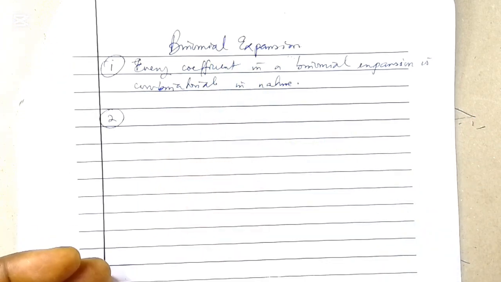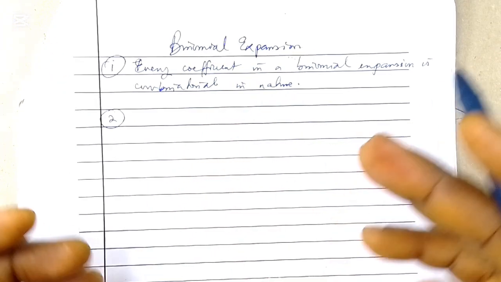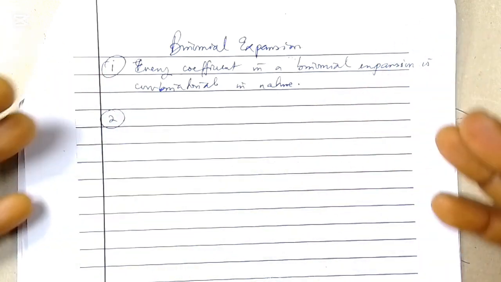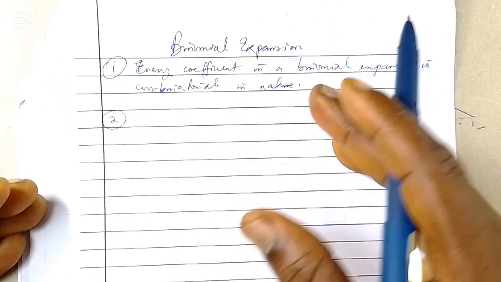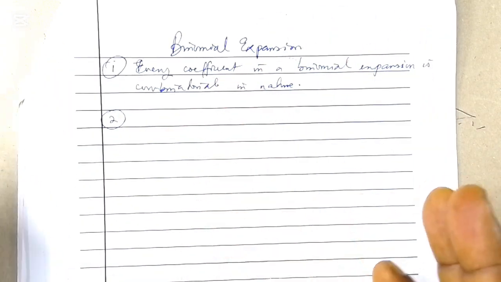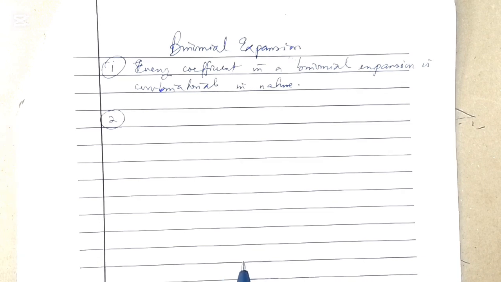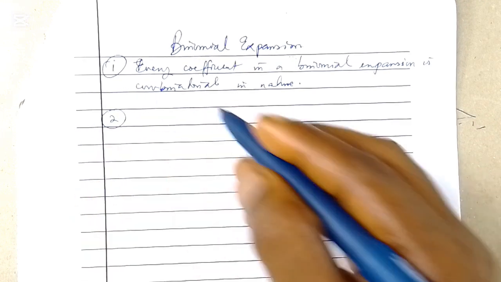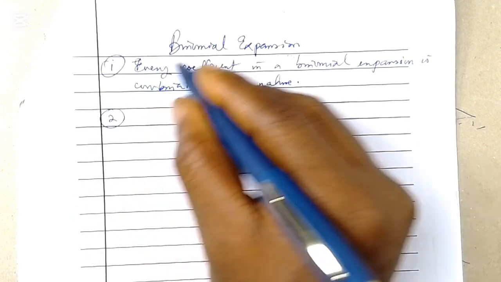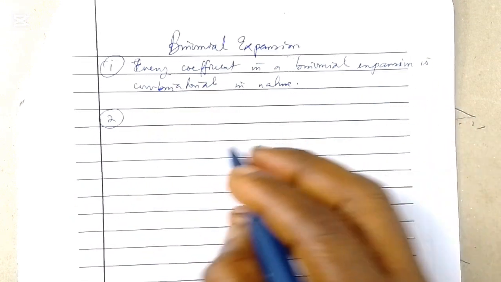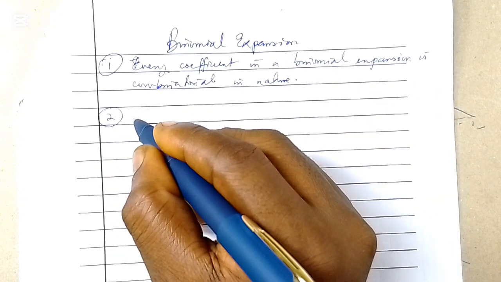Whereas Pascal's triangle would demand that you use triangles of coefficients to expand, binomial expansion tells you that no, don't do it that way. Just take note of the fact that every coefficient in a binomial expansion you would have used Pascal's triangle to obtain can be predicted because they are combinatorial in nature, and I'm going to explain that. Every other thing remains the same, so let's add to this particular set of properties in a binomial expansion that